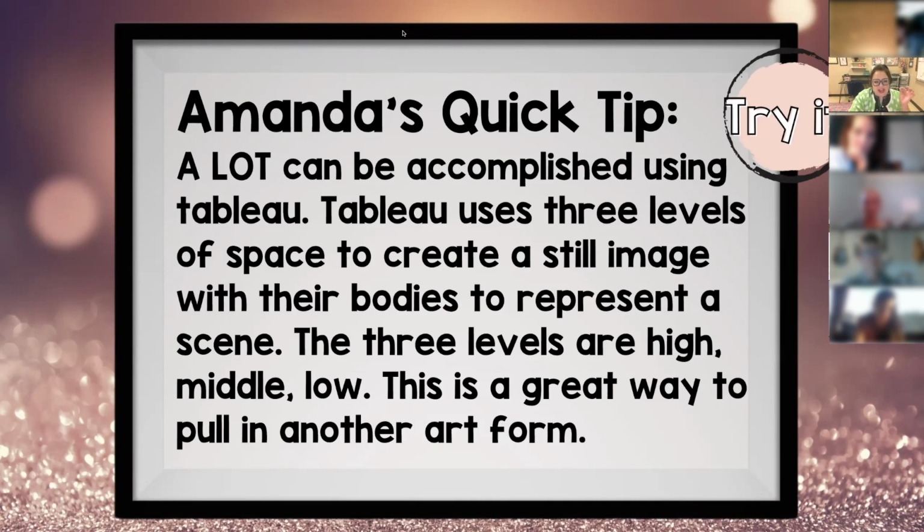The main thing that I think you need to know about it, if we were all in the same room, I would probably make y'all get up and do this. We can't do it, we're not all in the same room. The main thing you need to know is it uses three levels. You may have a group of three students and they need to show you a tableau of hope. We've already looked at a picture, identified and talked about all these words, put them all together, and now this group of three students can make a tableau. They need to use the high space, the middle space, which is like the torso area, and then low, and they can get all the way down to the floor.